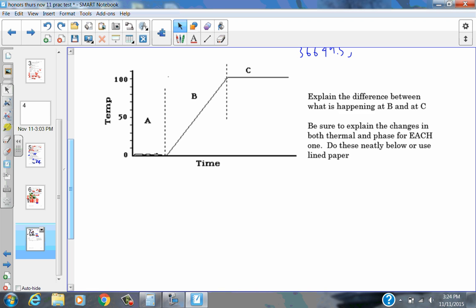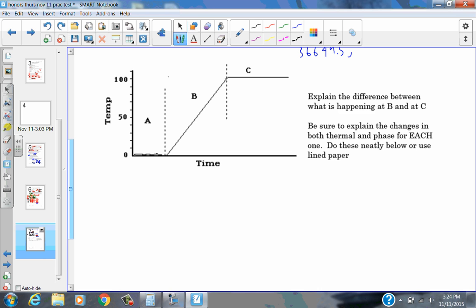When we get to letter C, all the energy that goes in is not changing the thermal energy. It remains at the same temperature. The phase energy is increasing, even though the graph doesn't show it. The graph's showing temperature. It doesn't show phase energy. But we have to understand that the phase energy is increasing because it's evaporating. How do we know it's evaporating and not